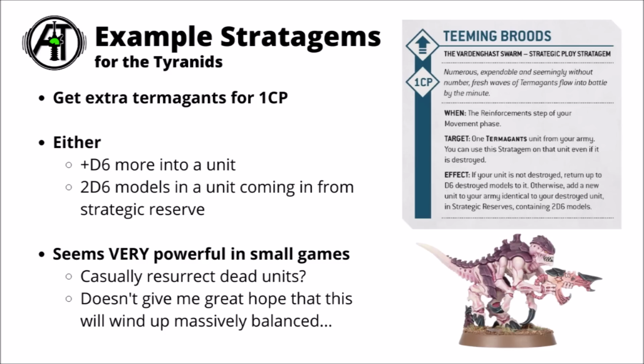Combat Patrol is going to be a game mode where you've got barely any units to start with. Just having an extra one turn up at the side of the board is enormously powerful for 1 CP, and you could potentially do this multiple times per game. Just having bodies to stand on objectives is really valuable, and I feel like this one will give the Tyranids